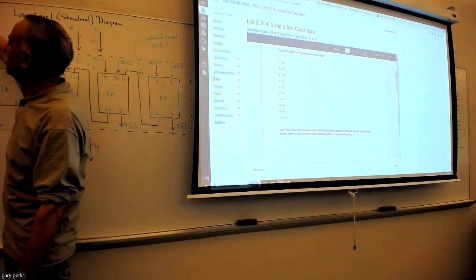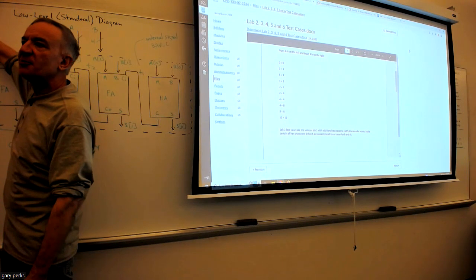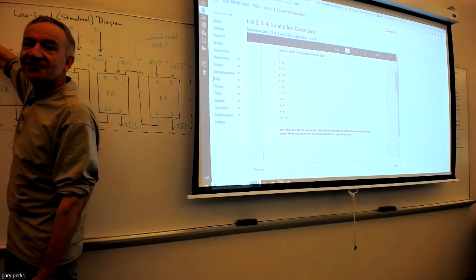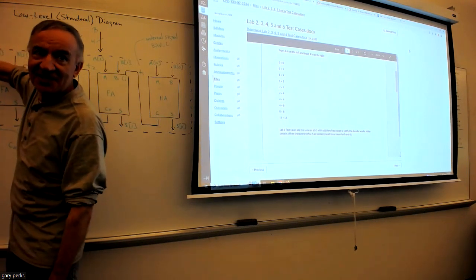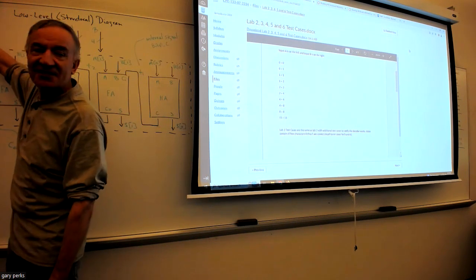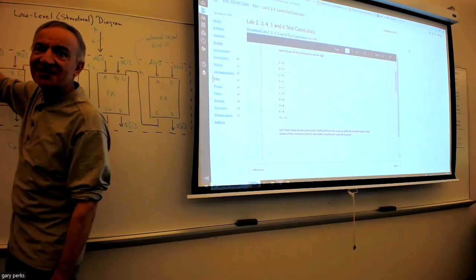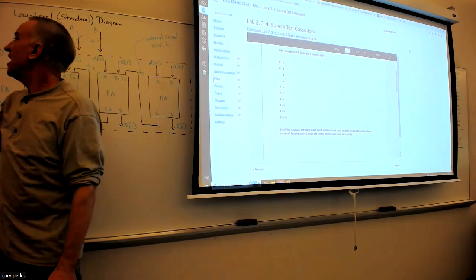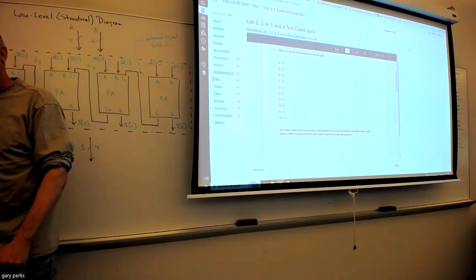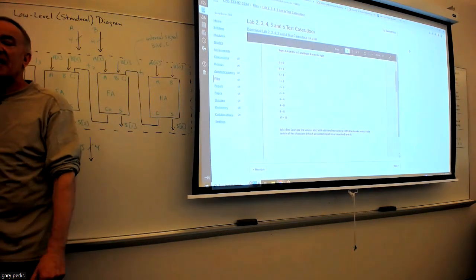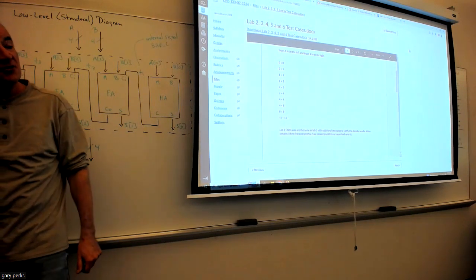Because if you just think about it, if you made this binary number 0 and change this from 0, 1, 2, 3 all the way to 15, that would be 16. Then make this a 1 and do the same thing, that'd be another 16. So yeah, 16 squared. If you wanted to test every possible combination of adding two 4-bit binaries, that's 256